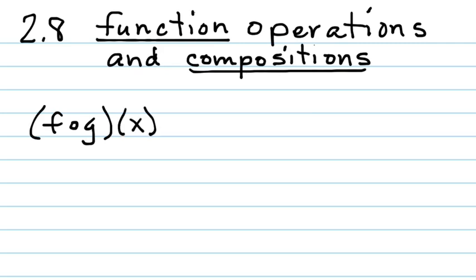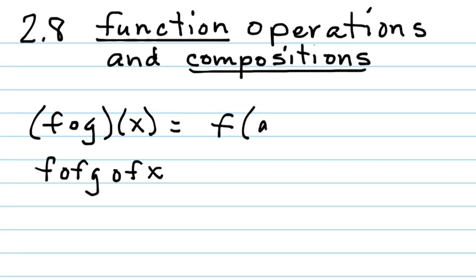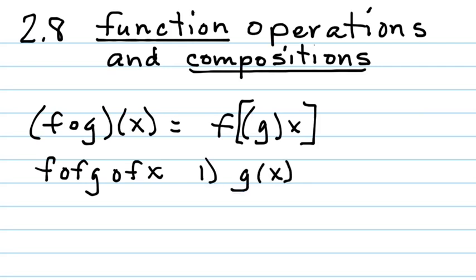Now, don't worry about that little 0 or O in the middle of the functions. All that means is that you're going to be taking a function of a number and then doing another function of it. So f of g of x is how this is read. F of g of x. So in other words, we're going to find f of g of x, which simply means first find g of x and whatever value that gives you, some number, right? And of course they'll always tell you what x is going to be. Then second, you'll simply find f of that number,